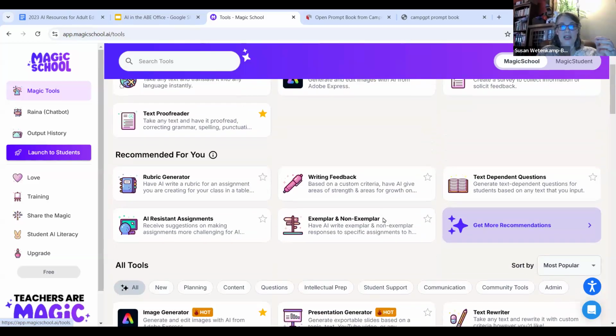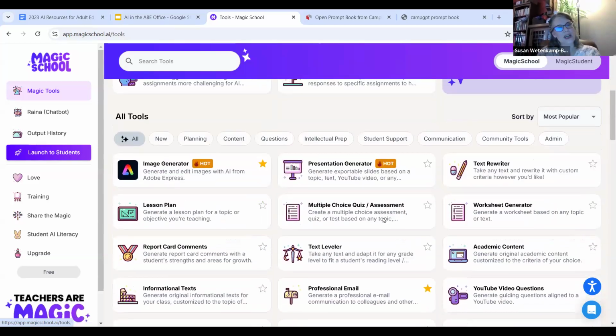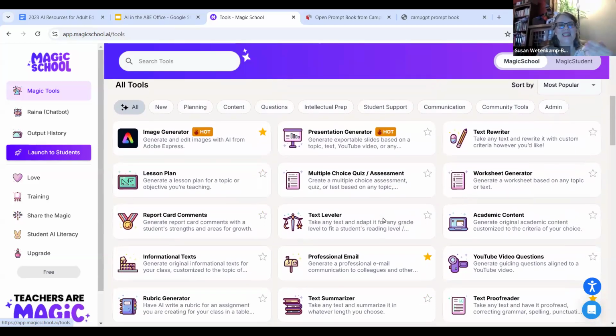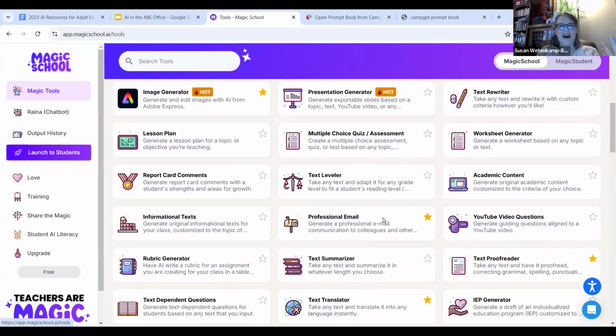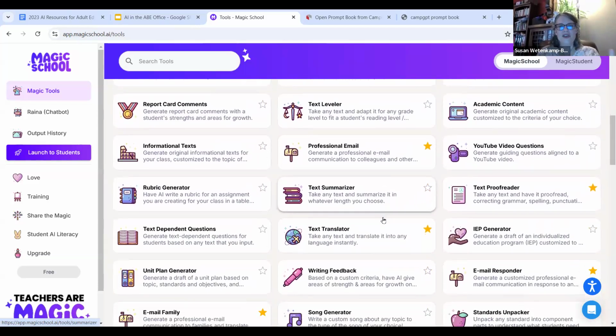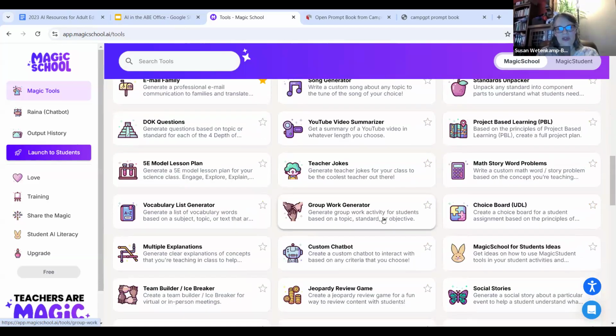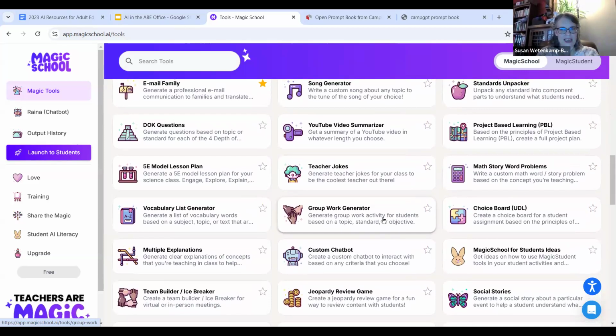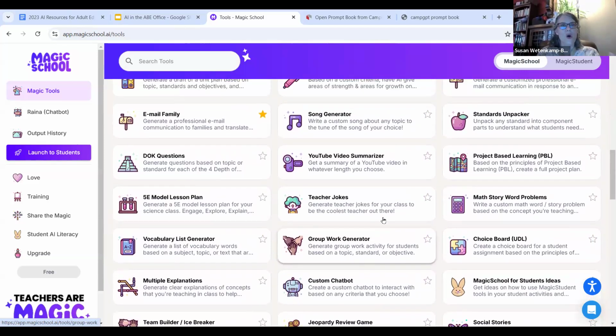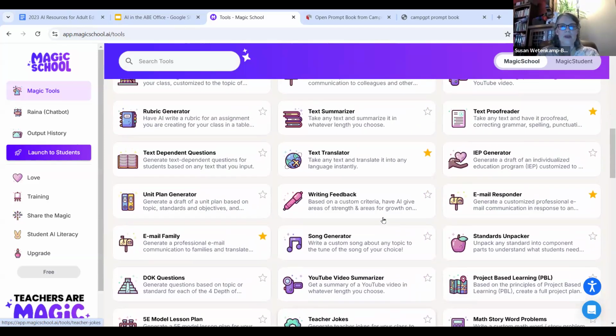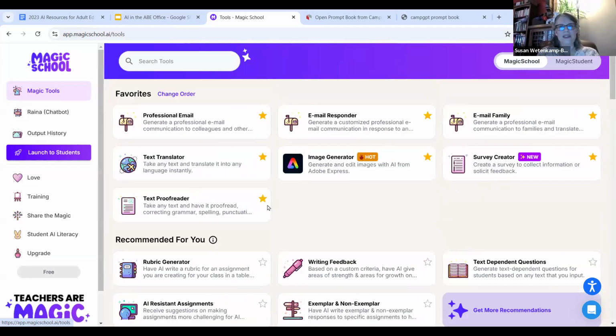That's because there are so many different tools in here that otherwise you're never going to find them just by browsing through. Searching for them is, I think, an effective way to find what you're looking for, or using that favorites system to make sure they're up at the top where they're handy for you.